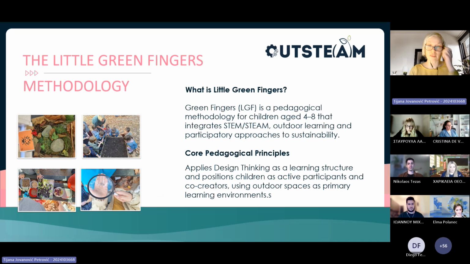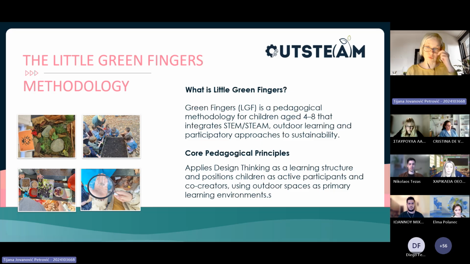Little Green Fingers is part of an Erasmus school education project, which involves partners from different countries, Netherlands, Ireland, Belgium, Cyprus, and Serbia. At the same time, although it's an international project, this methodology is actually rooted in the practice developed in Serbia through the creation of science playgrounds, specific outdoor learning environments.